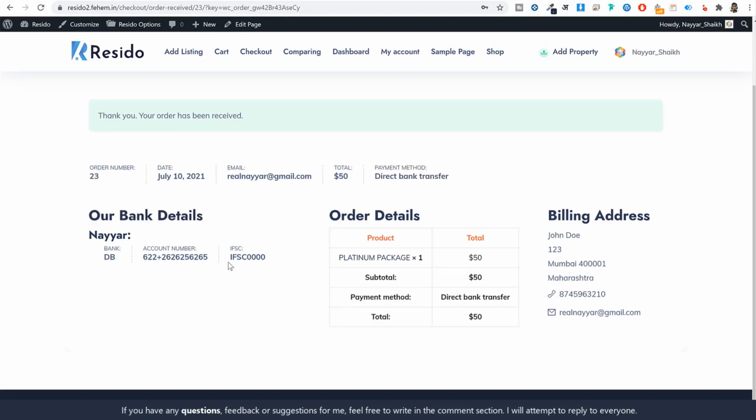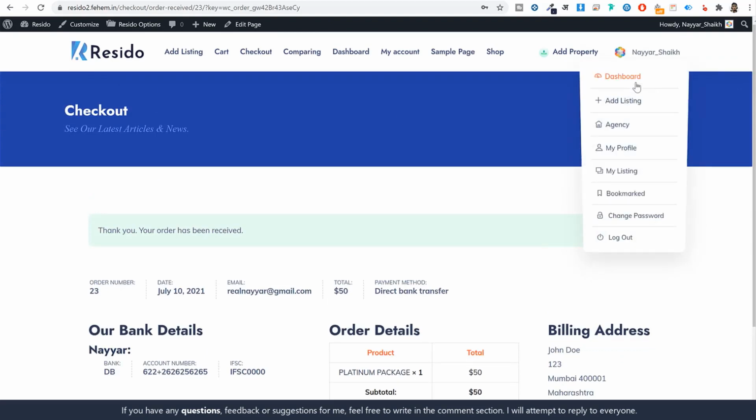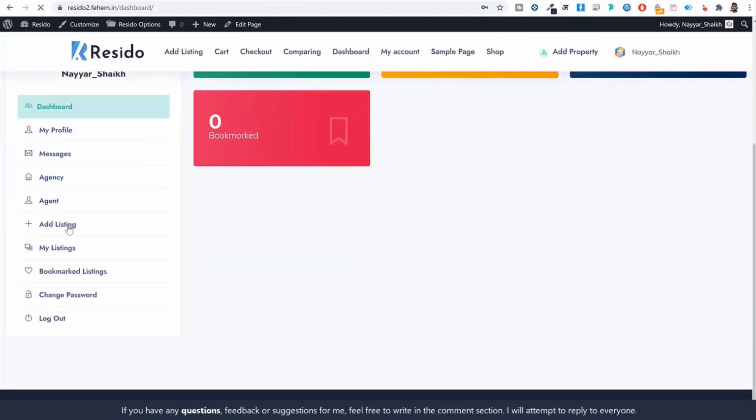So once a customer selects this option, they will get the bank details. They can note these details and make payment to this bank account. Okay, now once they do that, let's see what happens. If I go to my dashboard and try to add a listing,